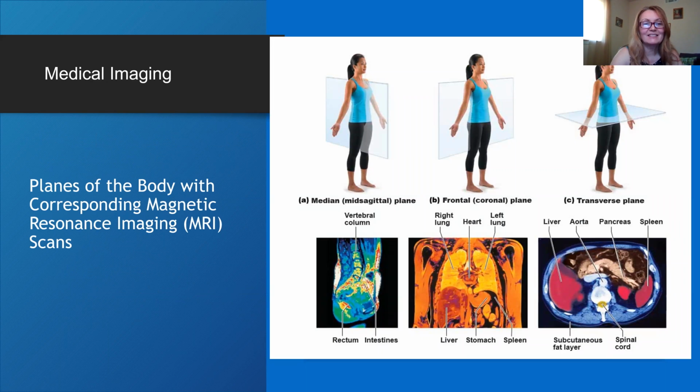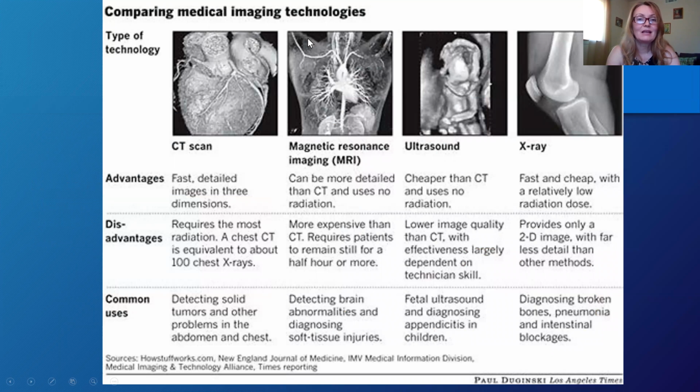Okay, and this is our last slide. Oh no, the next one is the last one. It just kind of relates those planes that we talked about, right? Sagittal, coronal, transverse, to medical imaging. So when you go to the hospital or somebody goes, right, and they take a medical image, for example, MRI or CAT scan, they produce these images in different planes as well. So over here, you can see how MRI scans correspond with different planes of the body. And the last slide tells us about